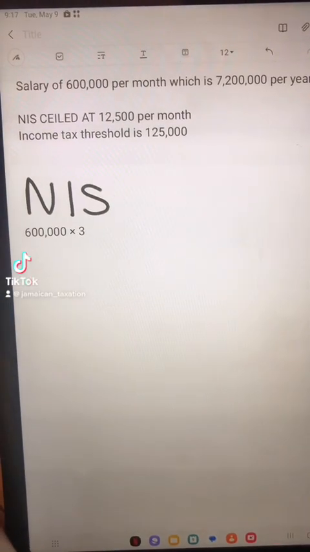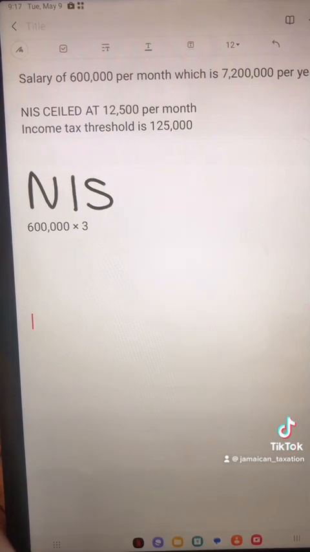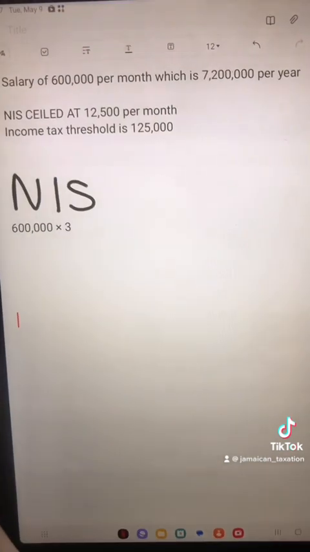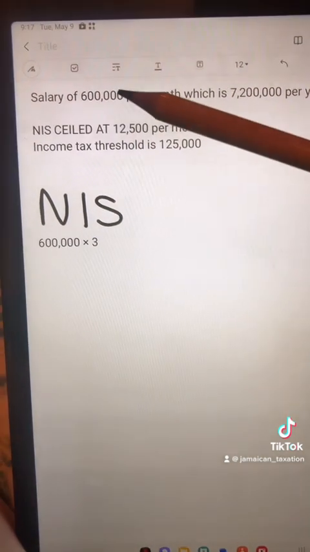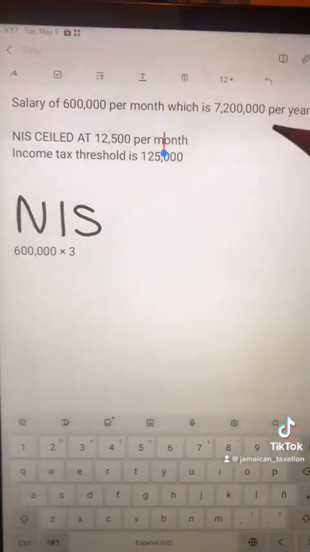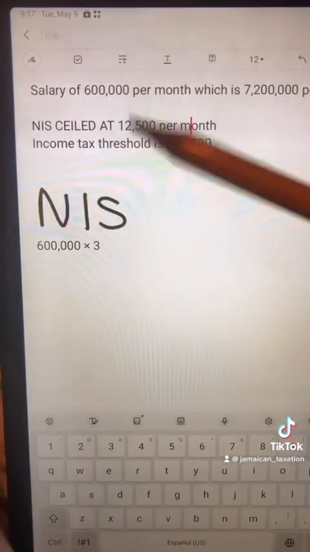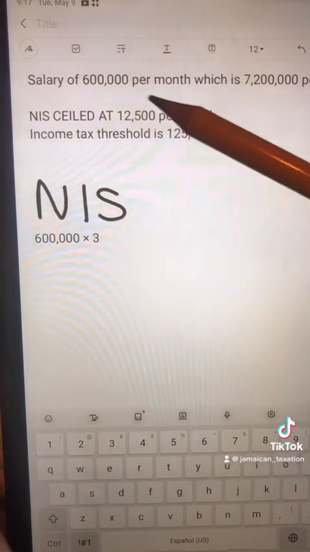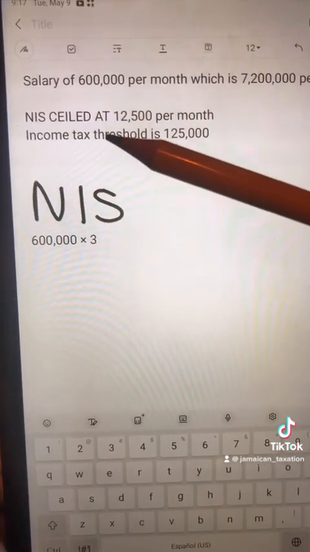Someone made a comment and asked me to do an example with someone that's over the threshold. So here's an example with someone that's over the threshold. This person has a salary of $600,000 per month, which is $7.2 million for the year. Things to remember: NIS is sealed at $12,500 per month, and the income tax threshold is